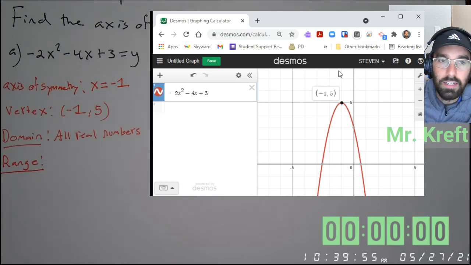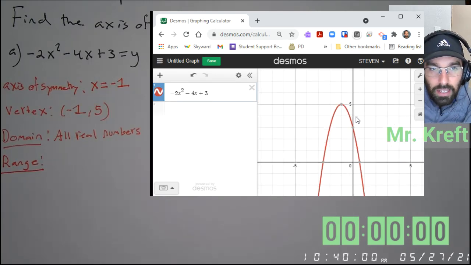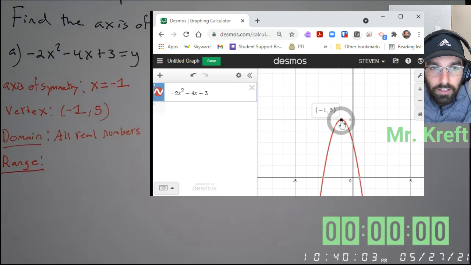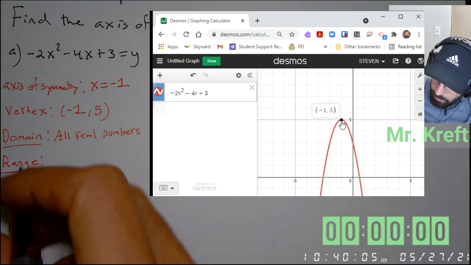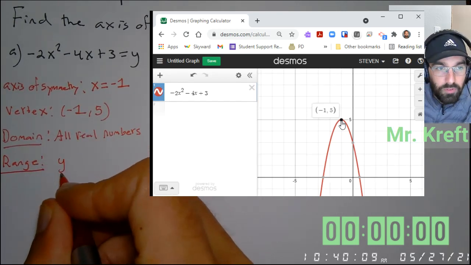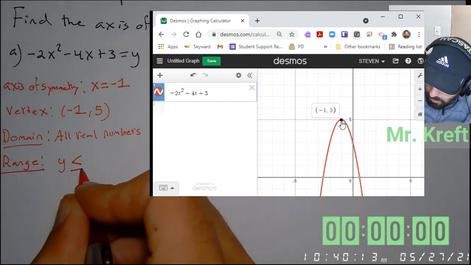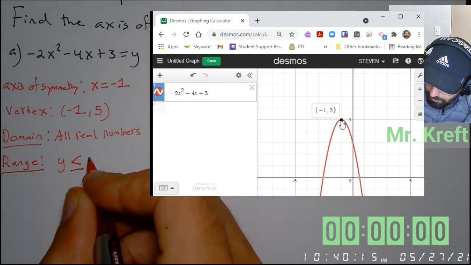We're going to spend a little bit today naming this. It doesn't look like this graph goes any higher than the vertex, which is 5. So I'm going to say the range is y, and y represents the output, so the output is less than or equal to 5,